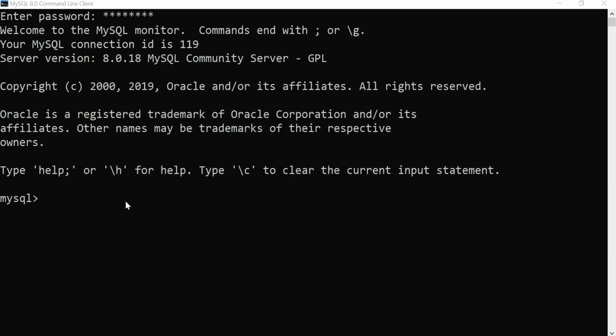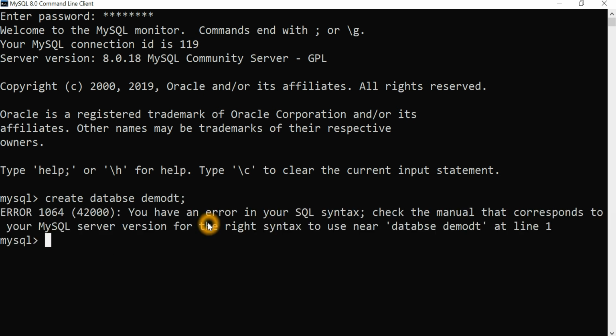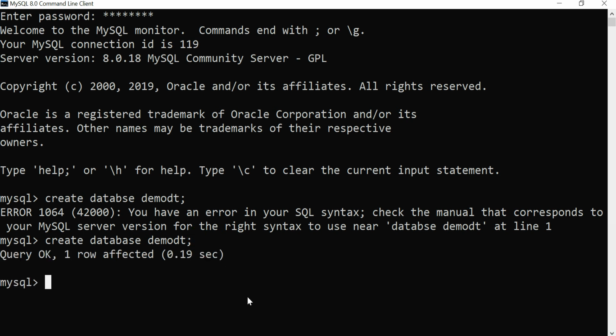Now I am going to create the database. The database is a demo for your date and time, showing how to retrieve the system date and time. Once the database is created, there's a spelling mistake, so create the database again. Okay, it is given correctly. Once the database is created, you have to open it, so use the database. Okay, the database is open. Database changed, it means it is open.